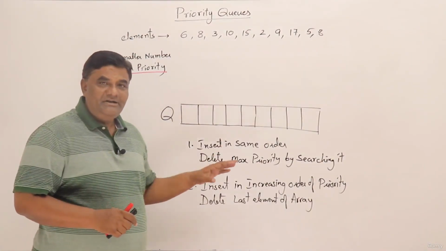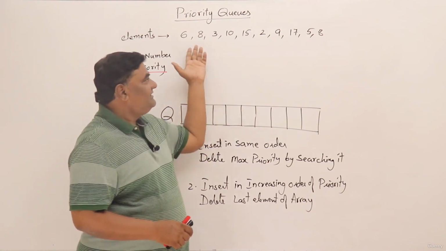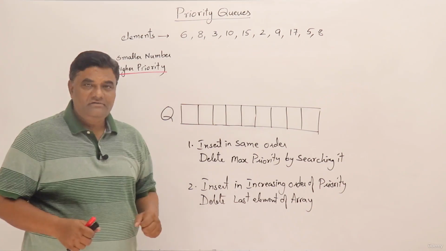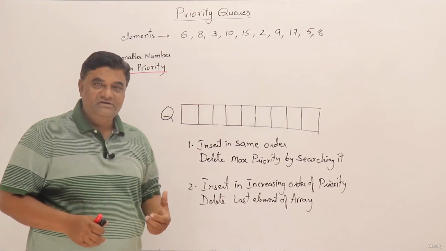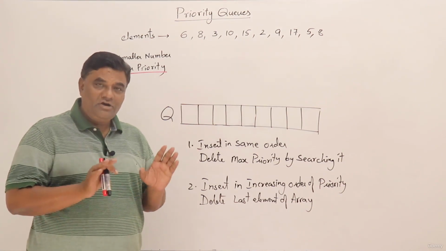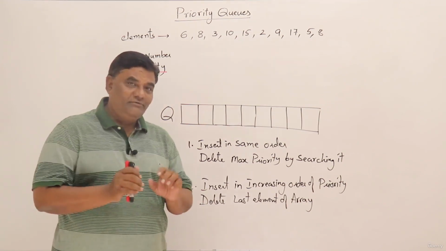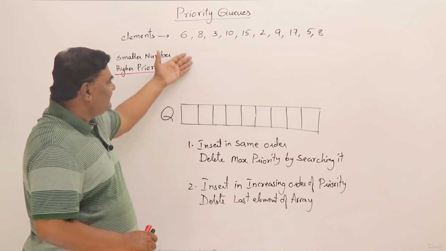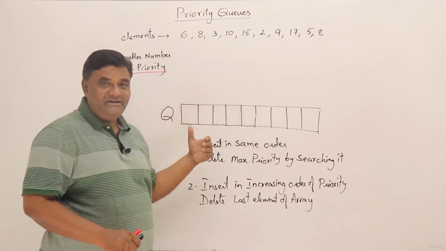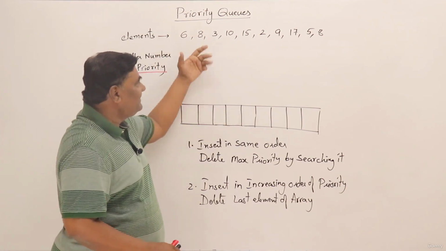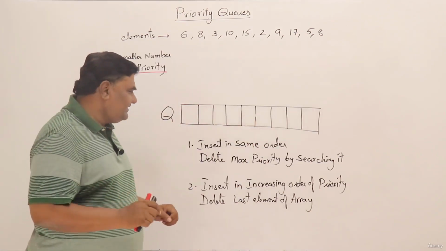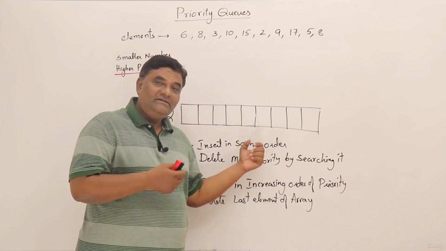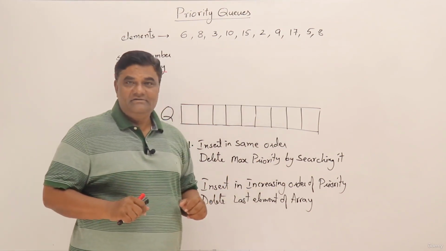So when we want to implement a priority queue using an array for these set of numbers, that is unlimited priorities, there is one known method. We will learn that in some other section. But here I am having two suggestions. First one is, when I am inserting the elements, insert them in the same order as they are coming in. Like suppose insert 6, then 8, then 3 and so on. While deleting, find out the maximum priority element, search for that element and then delete that element.